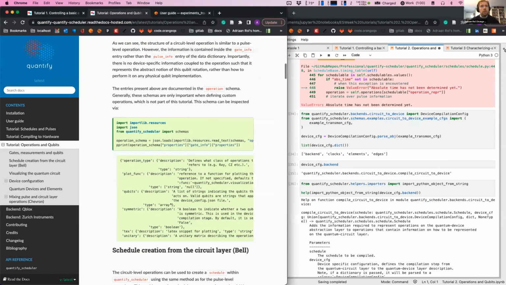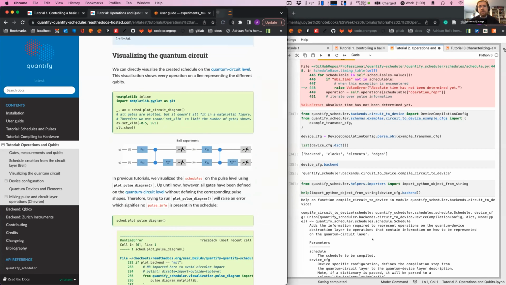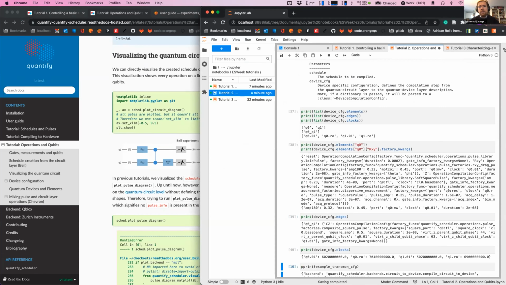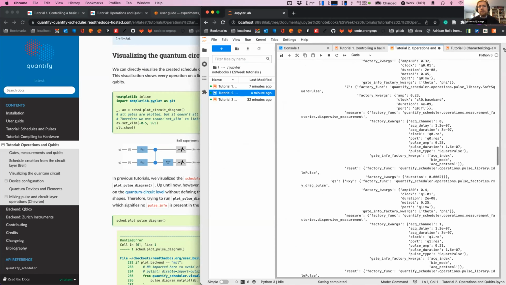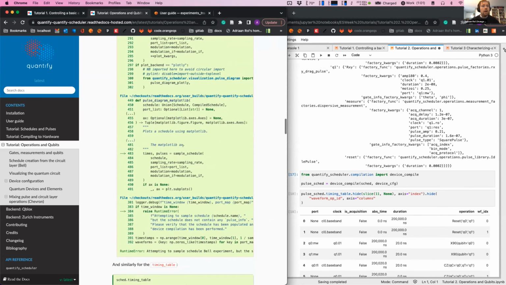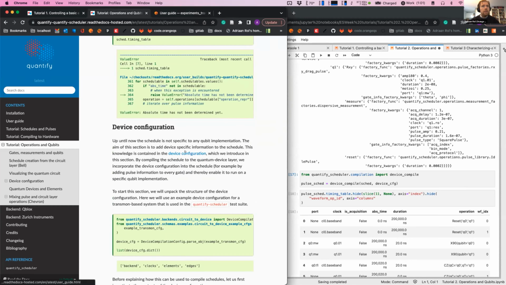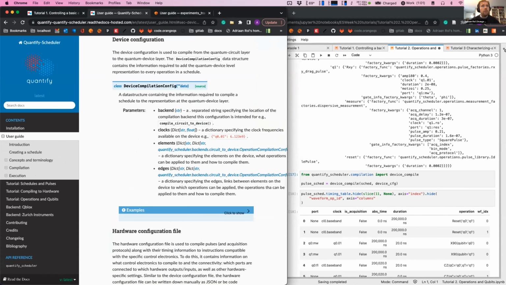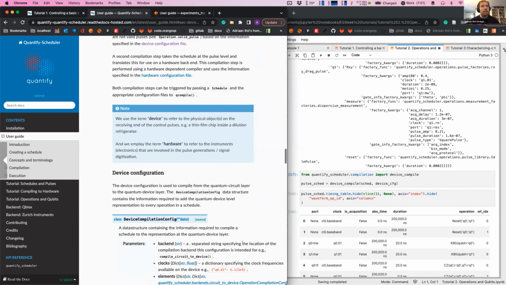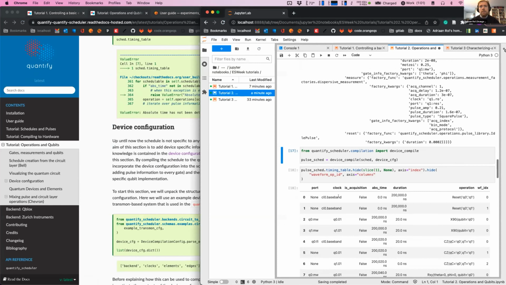Here's some more. I think it's all explained here in the tutorial, what these cells are, where we're saying, okay, what information is in there, what's the structure of it. I can also maybe on this side show that all of these things are documented. So I can go here to device configuration. It will take me there. It will tell us what the data structure is, what it's used for, what elements it needs, what objects then specify the parts inside. There's an example in there. So all of these things you can read on, and they're there.